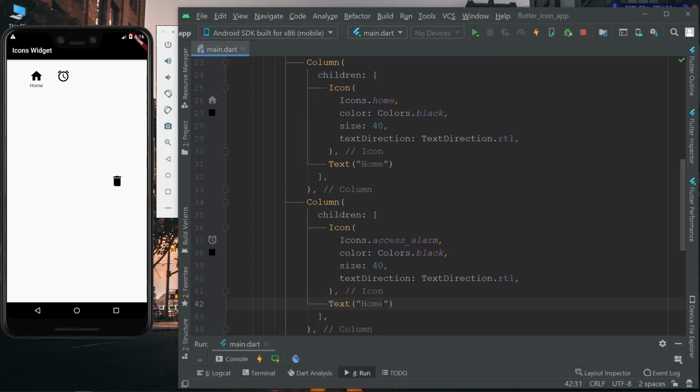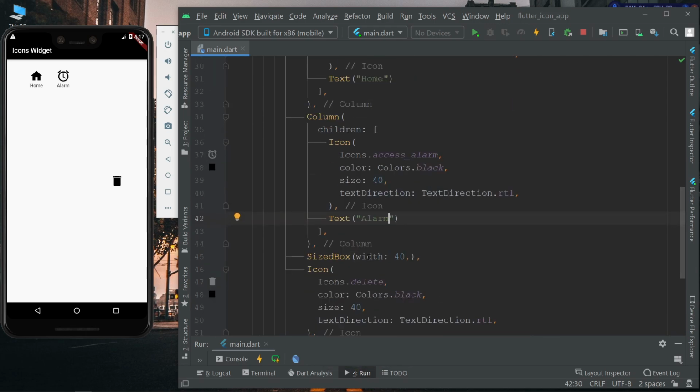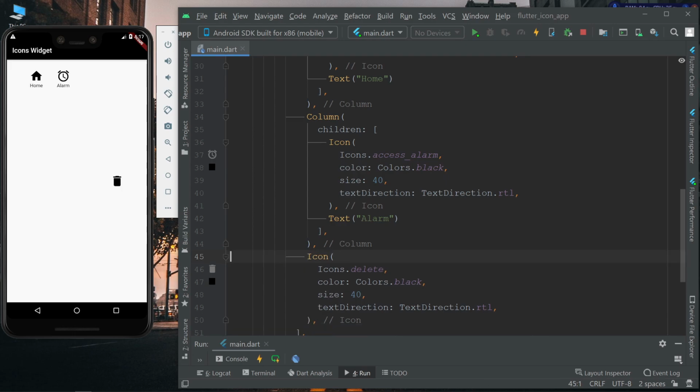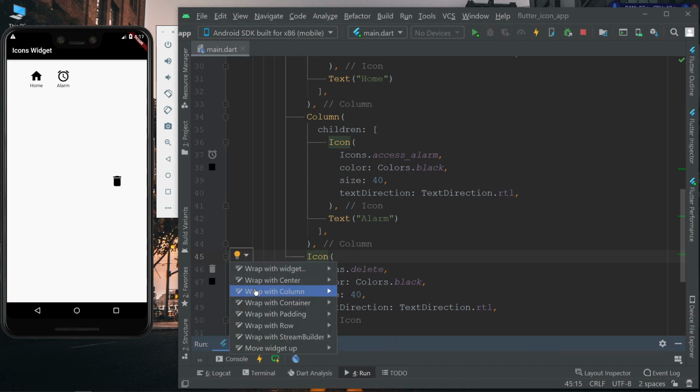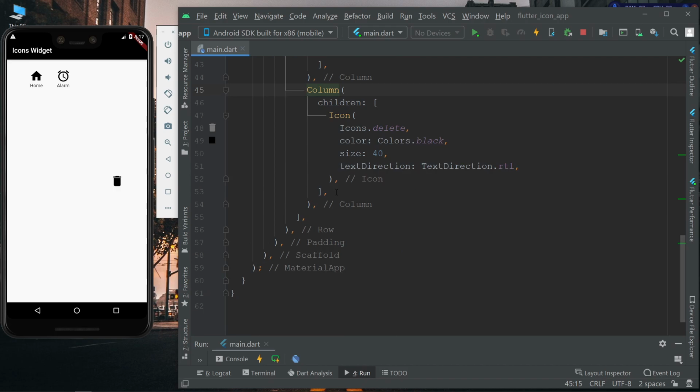The second one is Alarm. Now we will wrap the third widget also in a Column widget and paste the Text widget.